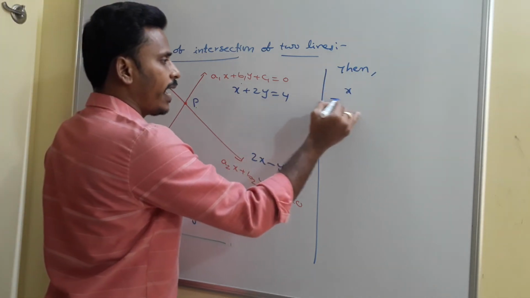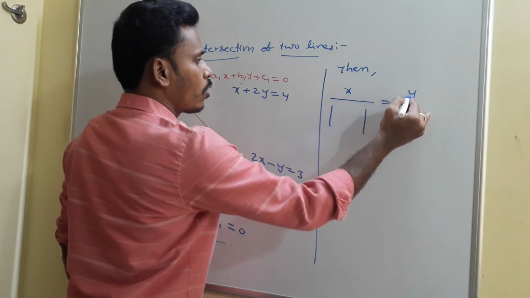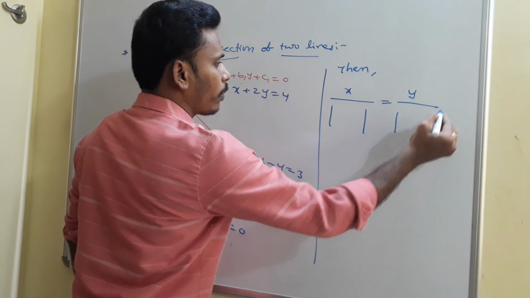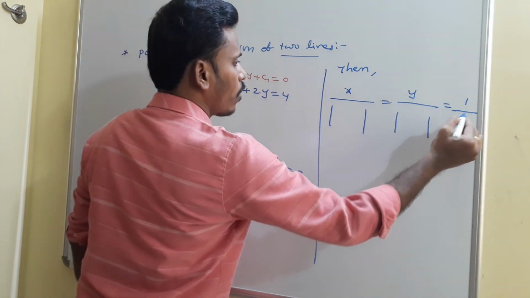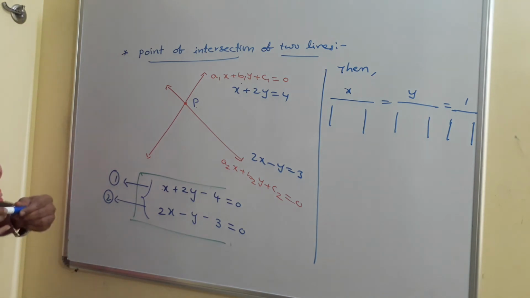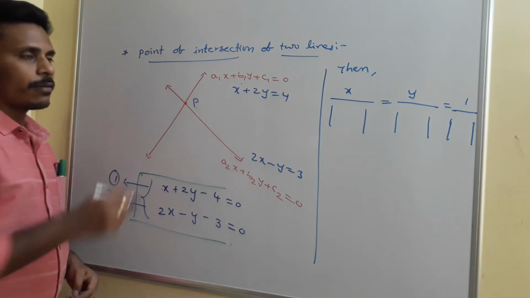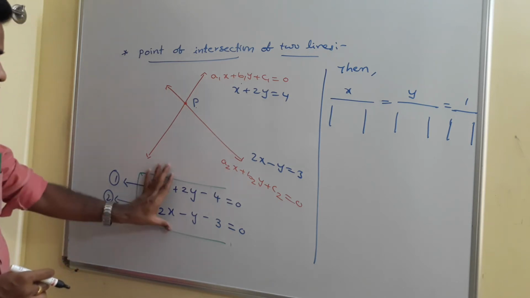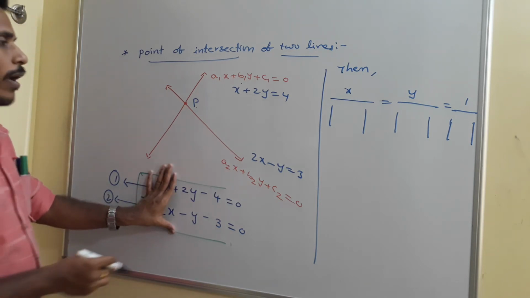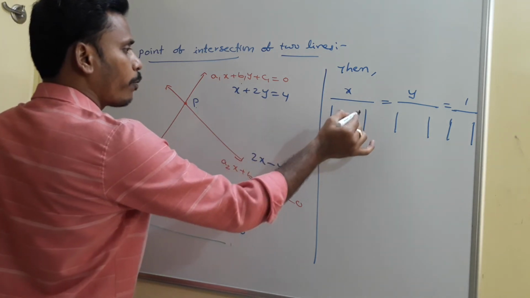this: x divided by the determinant of, that is equal to y divided by the determinant of, that is equal to 1 divided by the determinant of. You need to maintain that structure first, and then see, x divided by is there, right? So you just close this x. We are going to write 4 values here, in these 4 places.